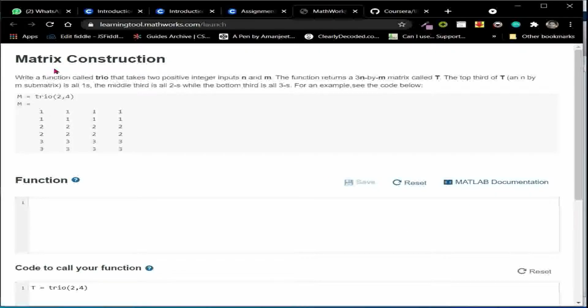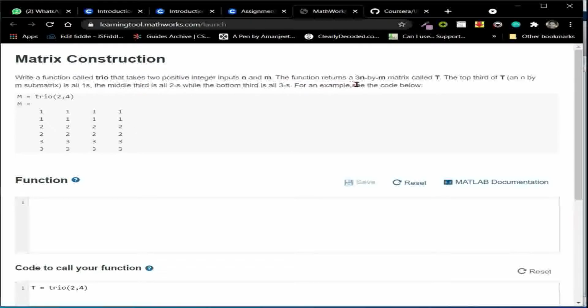So this is the question: matrix construction. Let me first read the question. Write a function called trio that takes two positive integer inputs n and m.